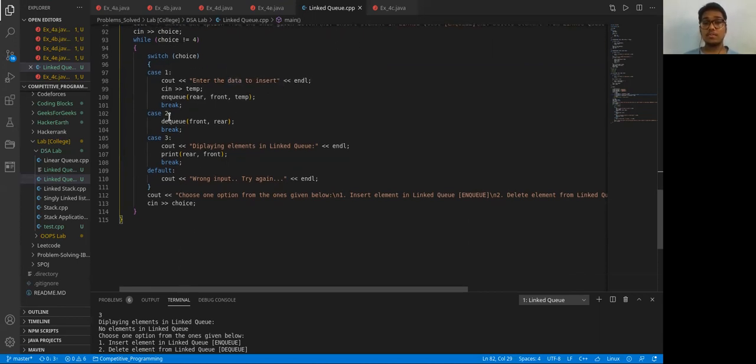Then, if the user gives 2, this statement is executed. In these two statements, the first line is the first